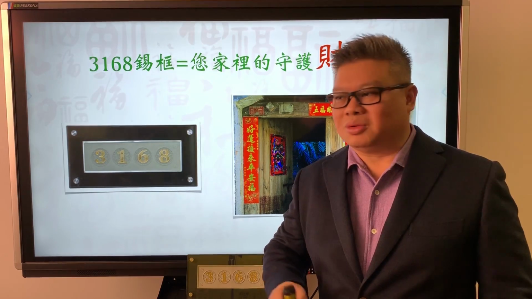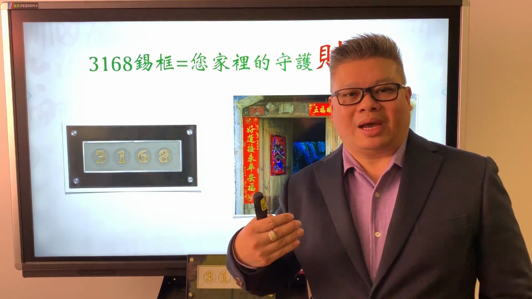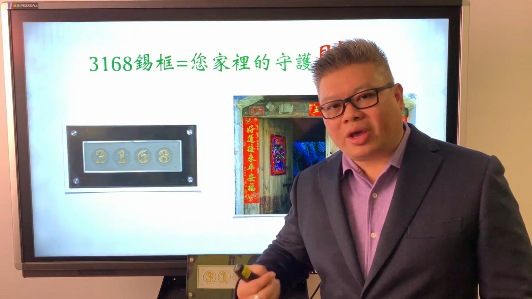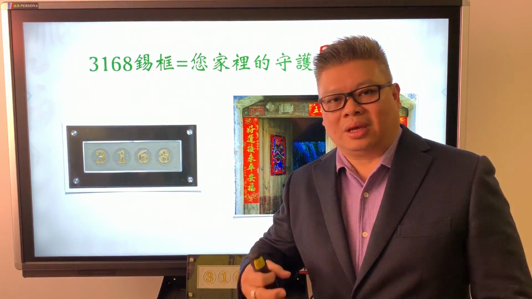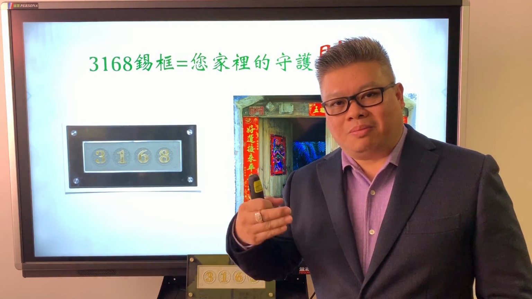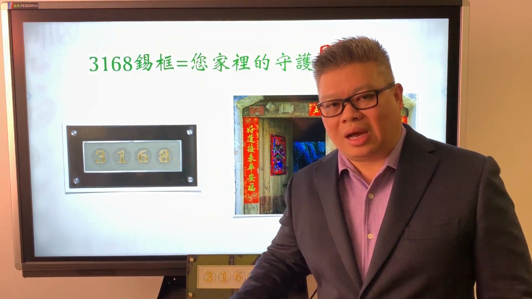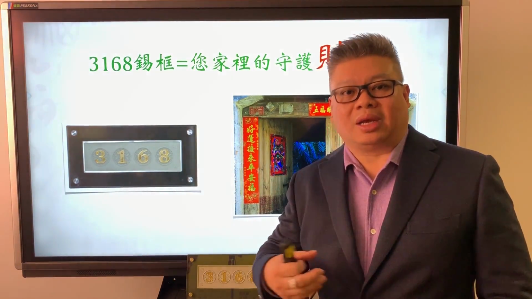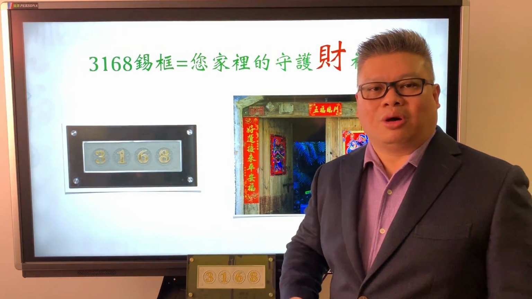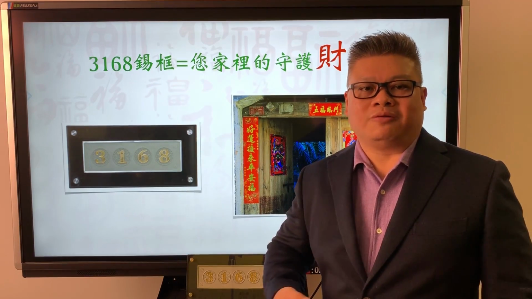Some people know it as the front entrance. If I say the main entrance, they will say that I have a few doors in the house. Do I put it outside of my house, at the gate? No, it's in walking to your house, the residential dwelling, the building itself. You're going to use the main door, the main entrance to the building, be it a house or a commercial building like an office. So this is what we call the guardian angel of wealth. Very important, it is the key to unlock the power of number 8.